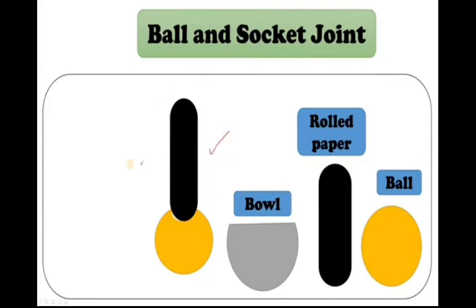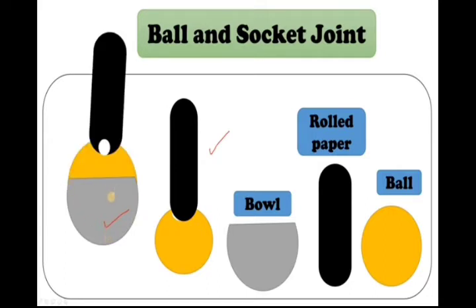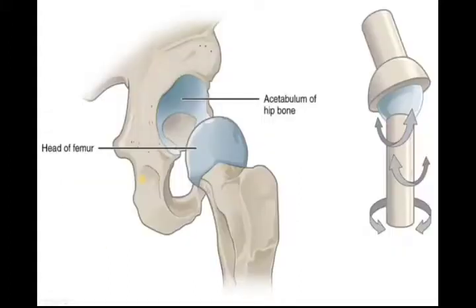On the bottom, this is the first bone and this is the second bone. This is bone number 1, this is bone number 2. In bone number 2, you can see inside it is a hollow cavity. Inside the hollow cavity, you take bone number 1 and fix it. Inside the cavity of bone number 2, you fix bone number 1. So bone number 1 is fixed in the hollow cavity of bone number 2.